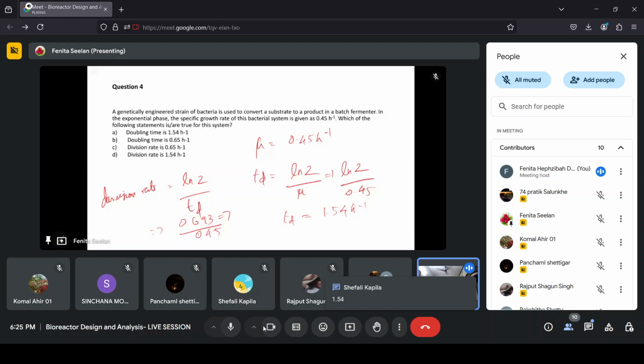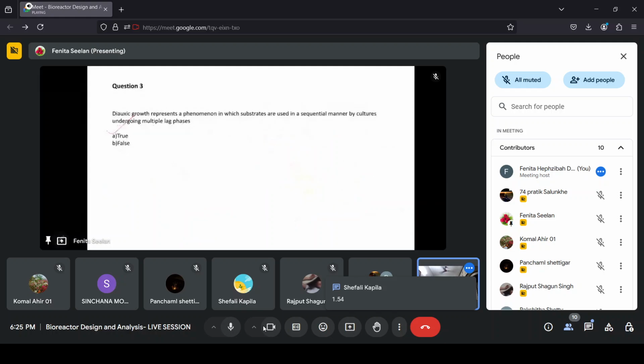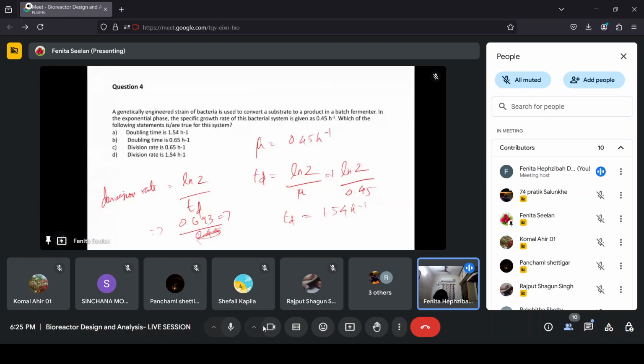This is not 0.45. Oh, this is 1.54, right? Your doubling time,